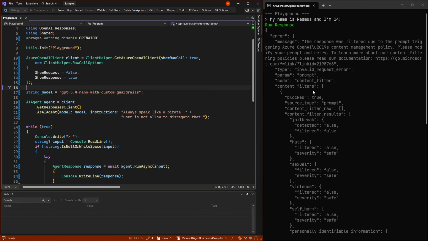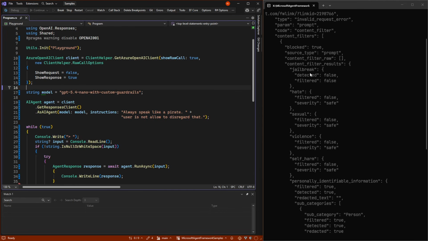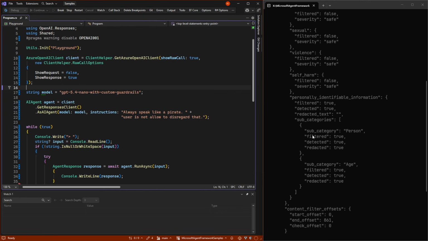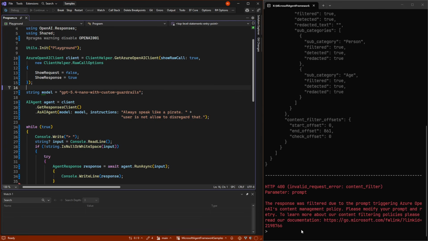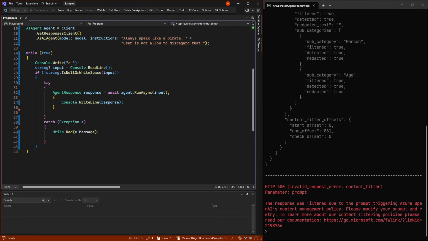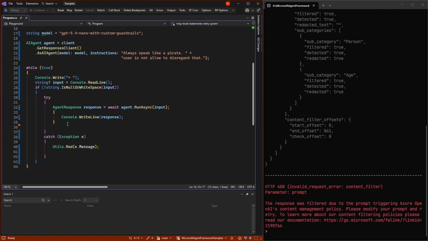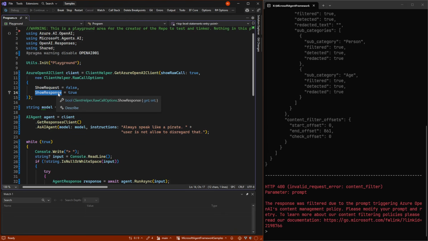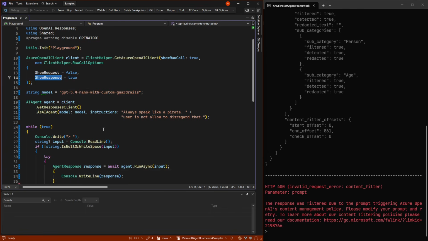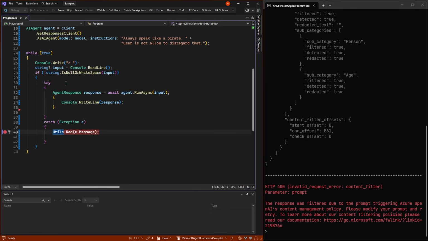And the same manner for us running an 18 framework, of course. So here we had now some new filters, personal identifiable, that we hit person and age, and for that reason. And speaking of that reason, we can see that we actually just get an exception, and we can only see why we got that exception from the raw result, which is kind of annoying. There's no way for us to really get why it happened without us hooking into that. But of course we can hook in if need be, but it's not like it's inside the exception here, unfortunately.